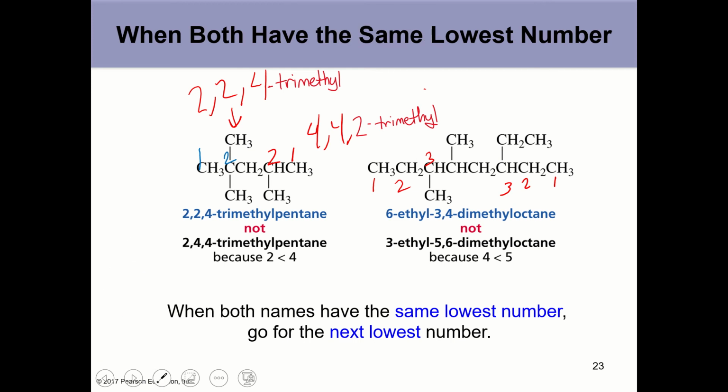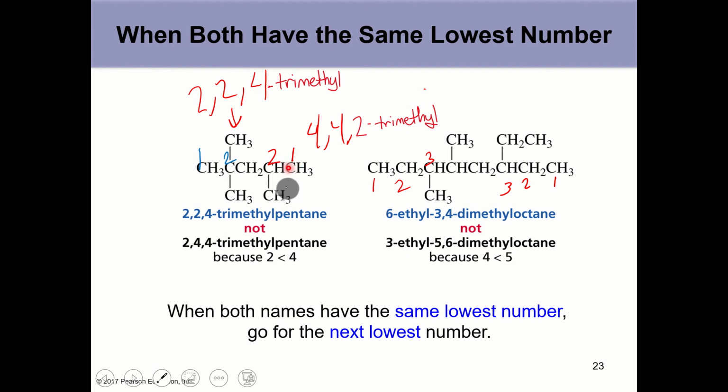The next rule that we are going to discuss is a special case. When numbering to the first branch is the same from either the right terminus or the left terminus, we are going to number overall from the side which gives all substituents the lowest possible number. So our example here is that